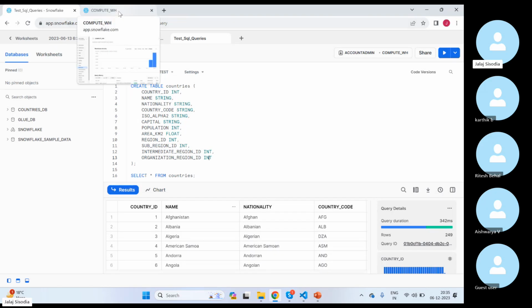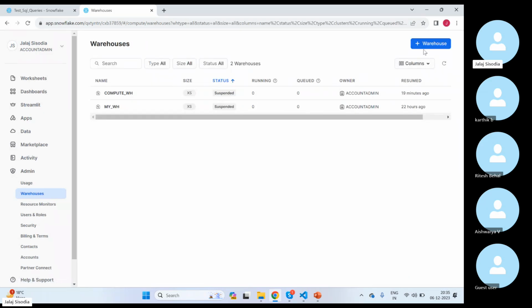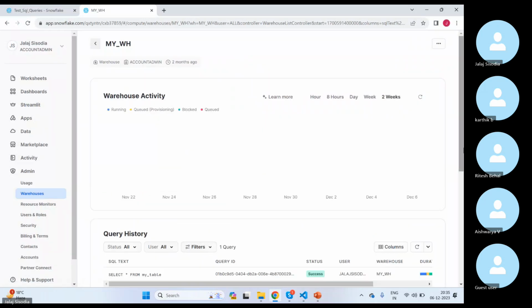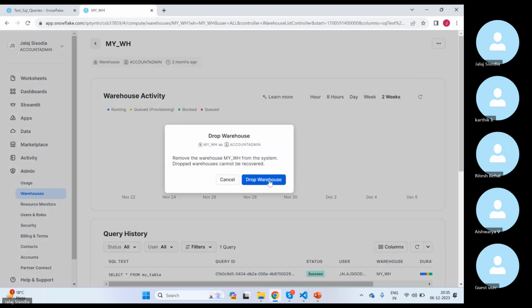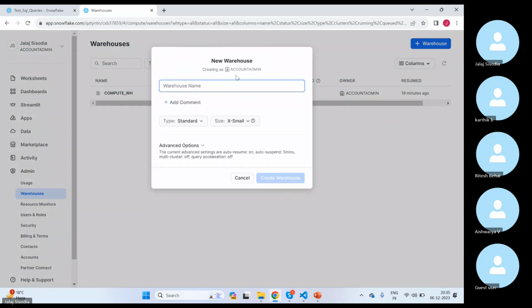You just choose a few options. Let's take an example. This is the landing page for your Snowflake. You come to warehouses, click on warehouses and click on plus warehouse. I'll remove one of those warehouses, since I don't want to create too many. Now let's click on warehouse. You can choose a warehouse name. Let's say I say test